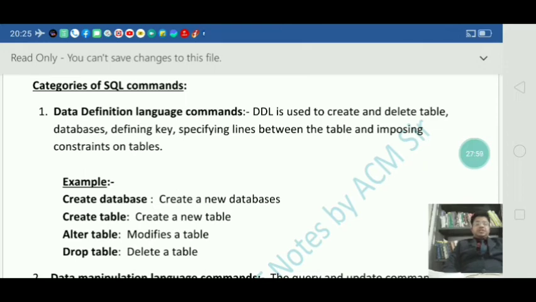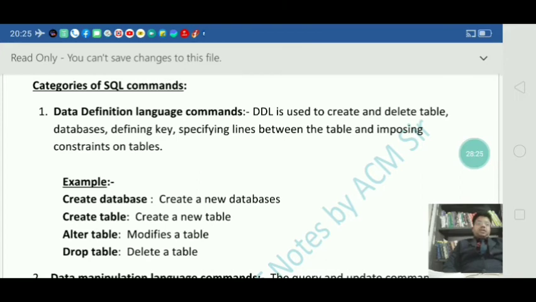Next is data manipulation language commands. Next is data control language commands, and at last we have transaction control language commands. But students, in your syllabus you have only data definition language and data manipulation language commands.